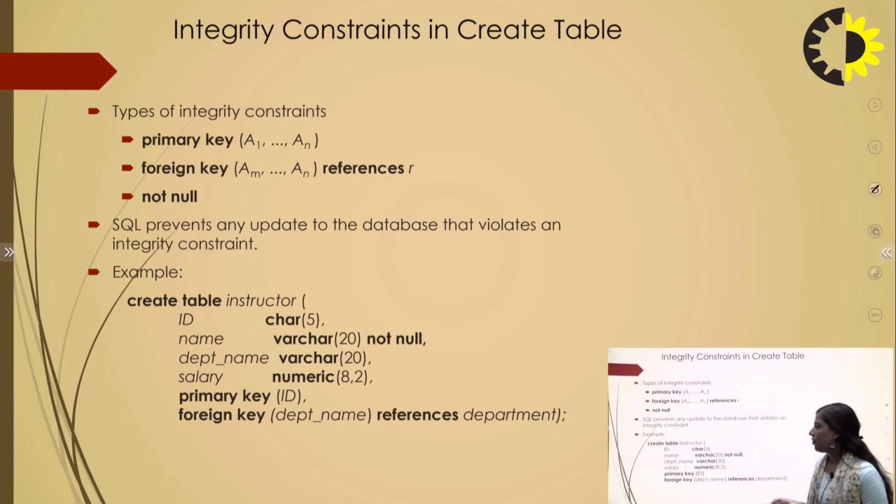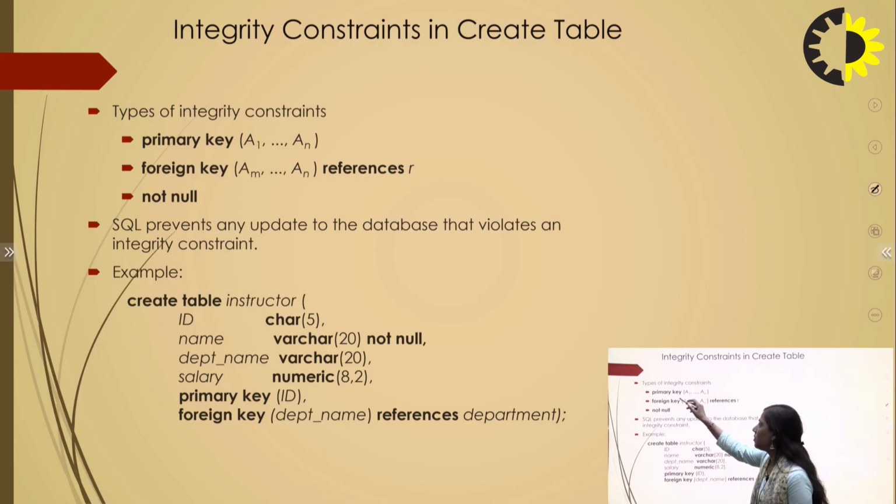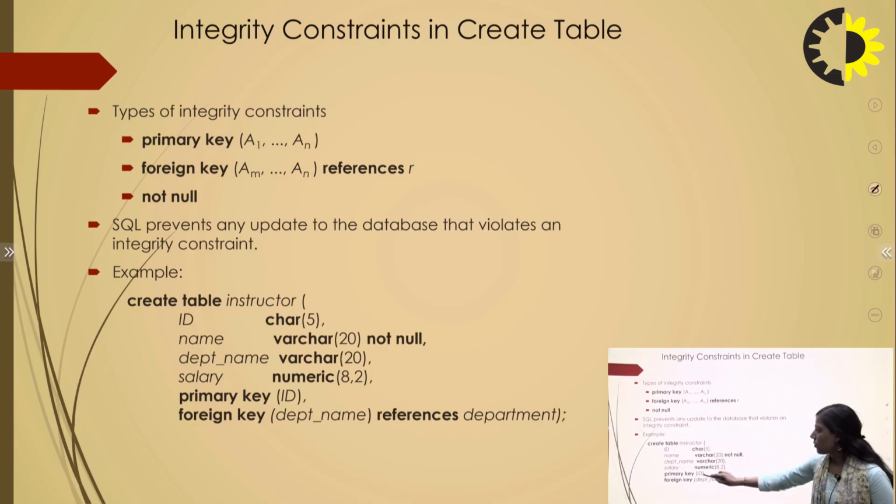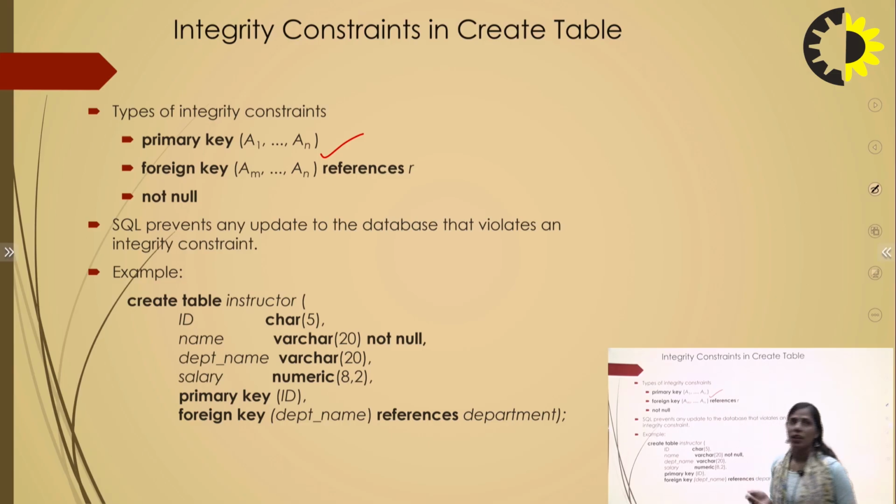So how can we define it? We can directly mention it. For the primary key, we have to mention it against the attribute, meaning whatever attribute we want to make a primary key, we have to give as a constraint over here. For the foreign key, we have to give the reference to the table, that is, the primary table name. Now let's take an example, then we will understand better.